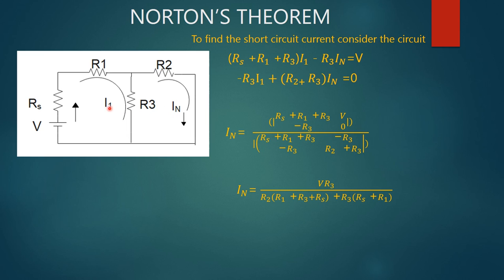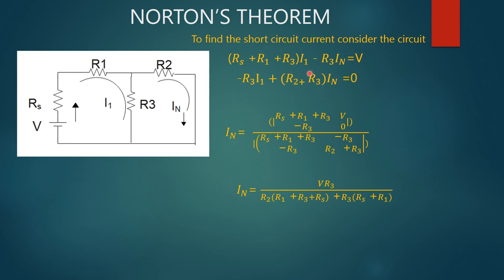Similarly, we use KVL and KCL for finding IN. Thus, from this loop I1 passes in this direction, and the KVL equation is (RS plus R1 plus R3) into I1 minus R3 IN is equal to V, and for this loop the KVL equation is minus R3 I1 plus (R2 plus R3) into IN is equal to 0,